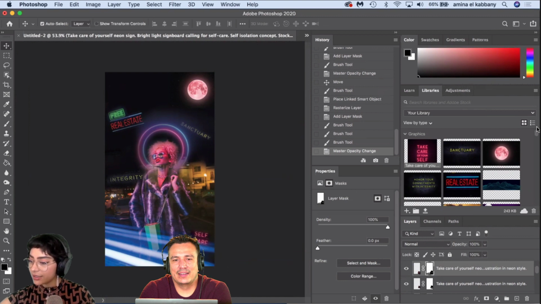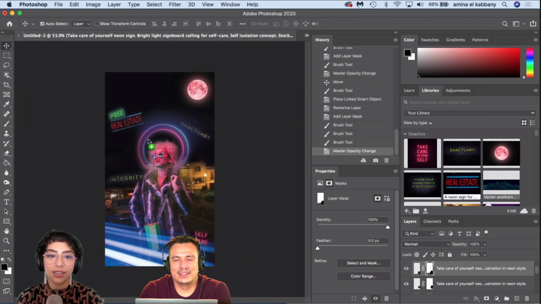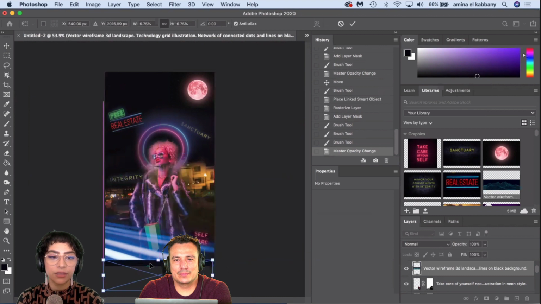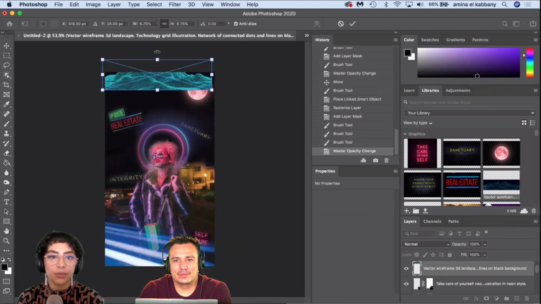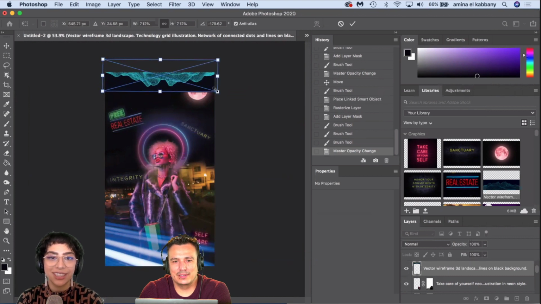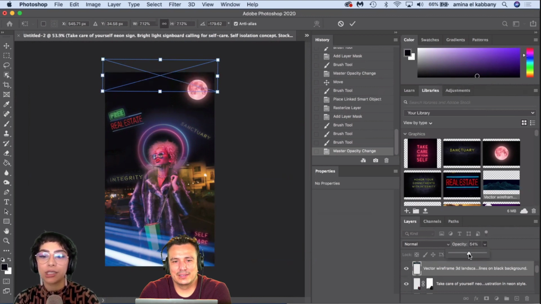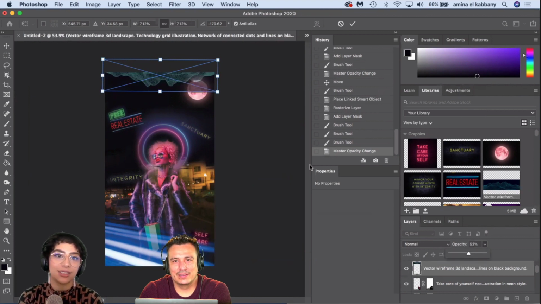The composite is looking awesome. Yeah, it's coming together. I'm going to add this little background. Maybe I can add it up top so we can see the world that is crumbling in the distance, the programming that is coming undone, the matrix that is leaving us.